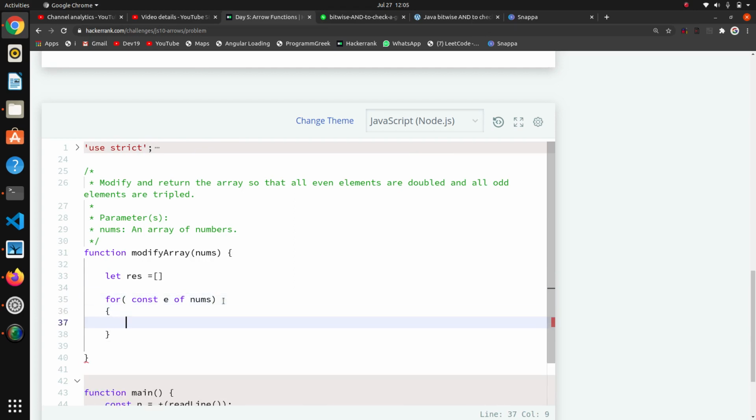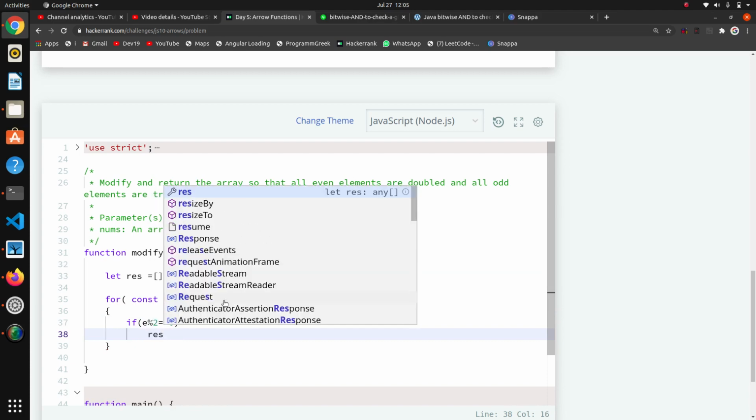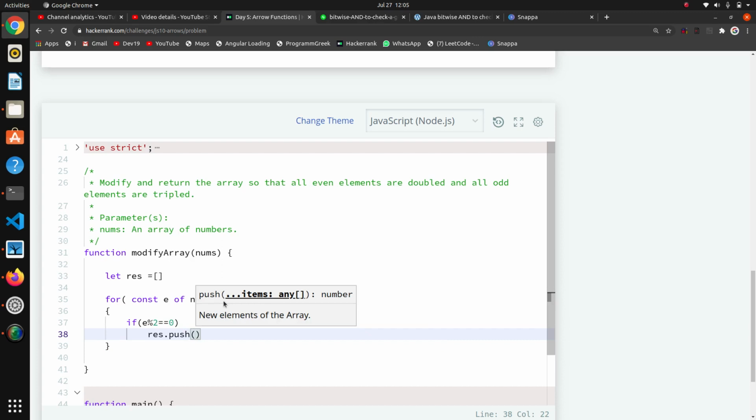If e modulo 2 is equal to 0, means if the number is even, then we are going to push, res.push, an element in the array. Which element? e * 2, because we want to multiply by 2.